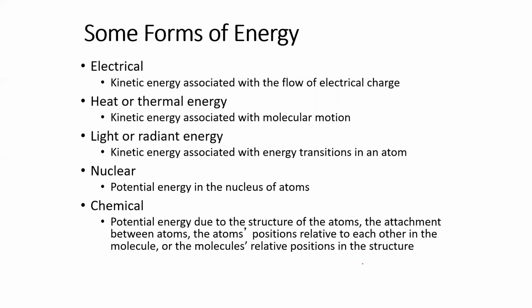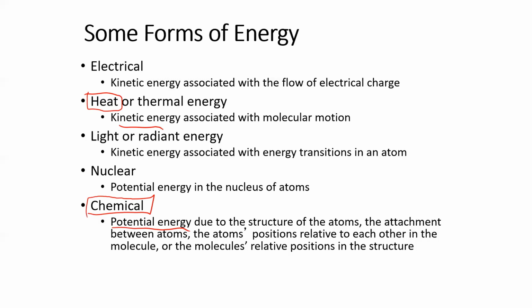But there's also potential energy. Potential energy is in the nucleus. An unstable nucleus has a lot of potential to release energy, right, in the form of some type of nuclear radiation. So alpha, beta, gamma. But really what's important is what I like to call, everyone refers to chemical energy. Chemical energy is basically potential energy at a molecular level. Just like heat is kinetic energy at a molecular level, chemical energy is really just potential energy.